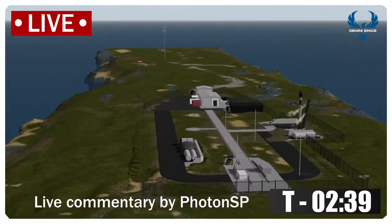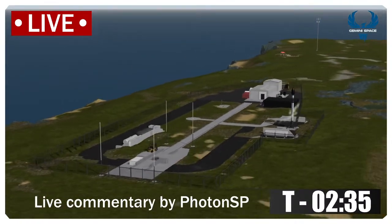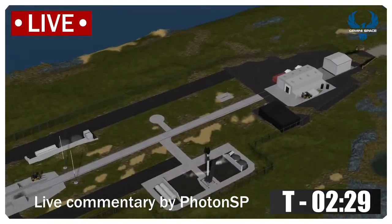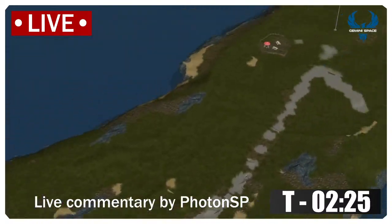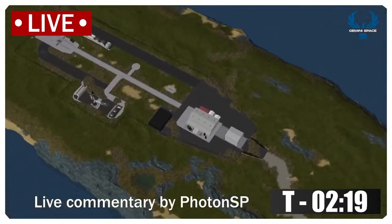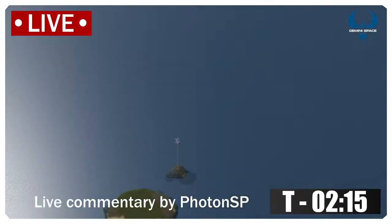We are now about T-minus 2 minutes and 40 seconds away from launch. At this time, you may have seen the strong back retract slightly. This happens so it can clear the rocket, and it occurs to make sure that